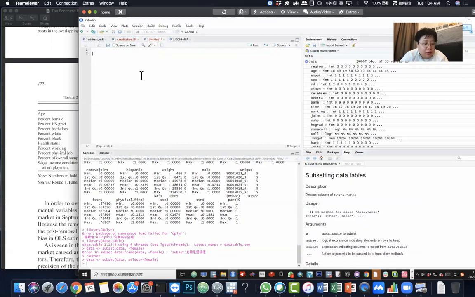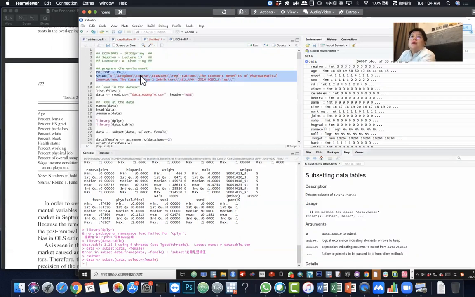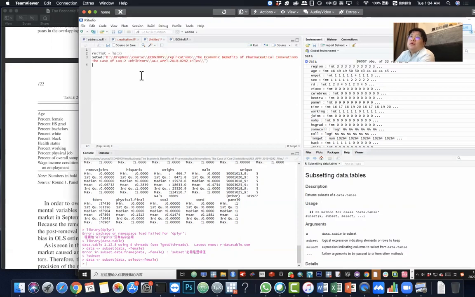Oh, sorry. Oops. I should use, right? And then you can change the working directory to your own working directory, and then write everything. And then after you write all your code to run the result that you report in